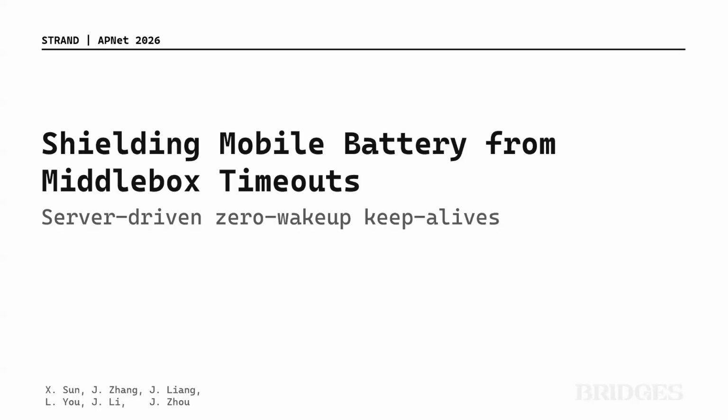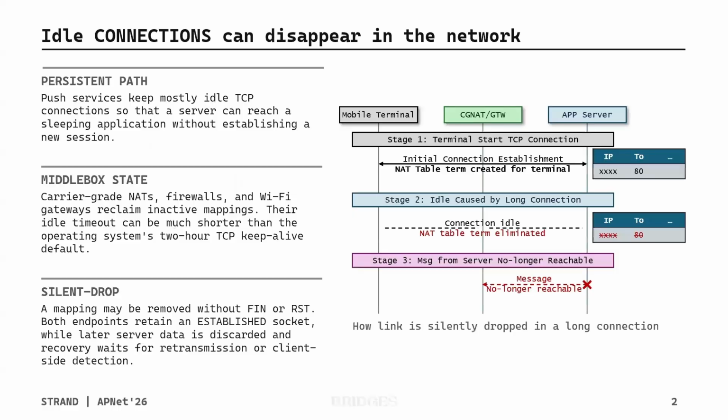In short, a phone and server may retain a TCP connection, a UDP connection, or any other kind, after a middlebox removes its NAT mapping. Client heartbeats prevent that failure, but each one can wake the radio of the device, which is harmful for battery time. Our work, Strand, moves the maintenance to the server side and limits how far its packet travels. I will cover the problem, mechanism, actual design, and results of our work.